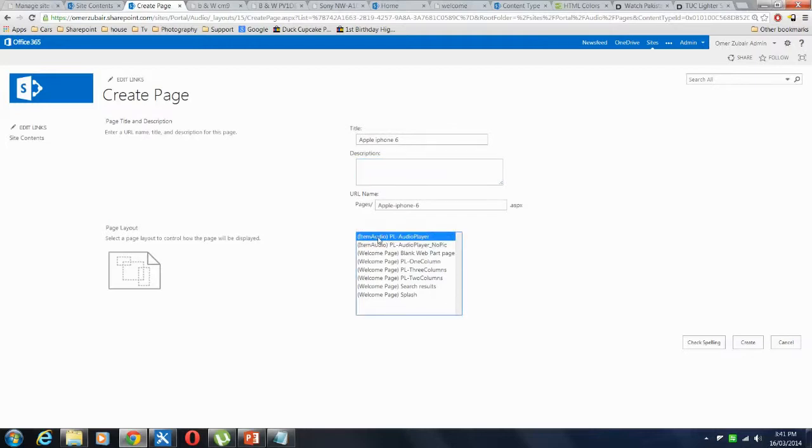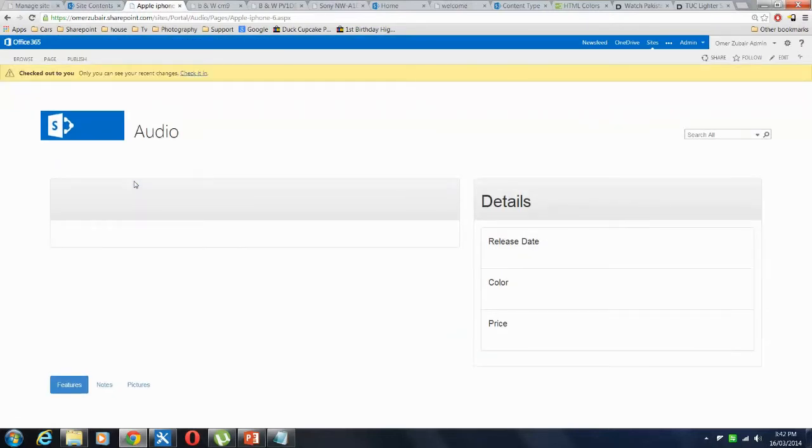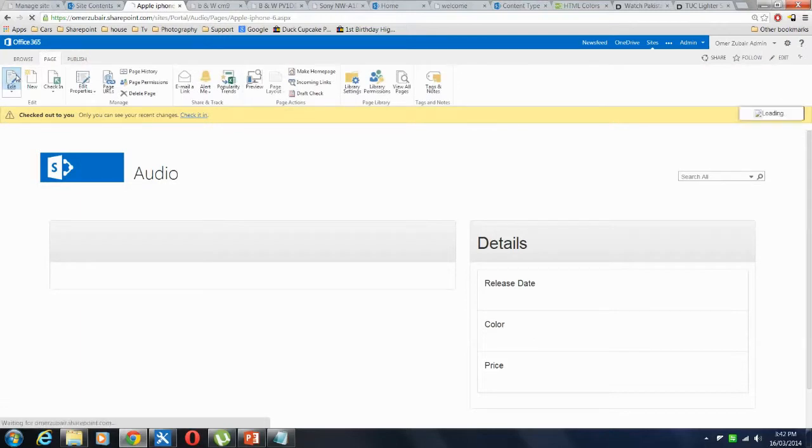So as you can see in the brackets, it's telling you what sort of content type it is using. And after that, it is showing you the page layout name. Now I've selected PL audio player, which will give you an option to add a picture. I click create, and it's put that new page back into the pages library. I'll click on that, and as you can see, currently there is no data attached to it. So I will go in edit mode and